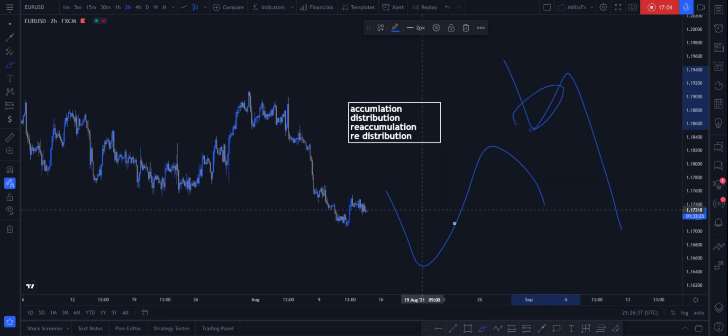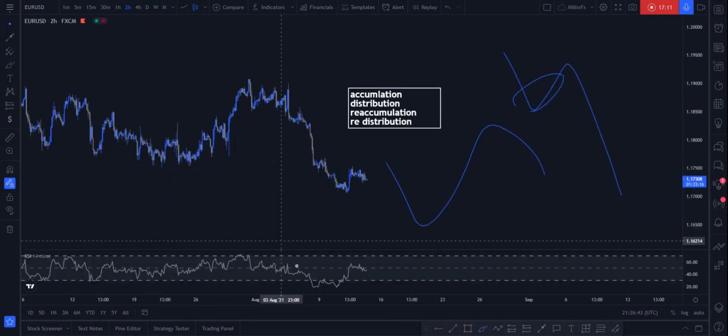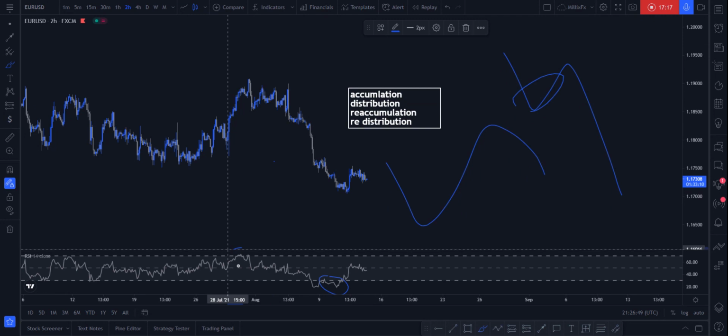So now you can see as price goes into this. So let me just bring back my RSI real quick. You can see we have oversold right here, and we have overbought, which is just here. Okay, so now that you know we have oversold and overbought, there is something in between the oversold and overbought,